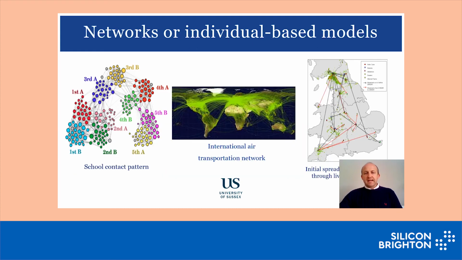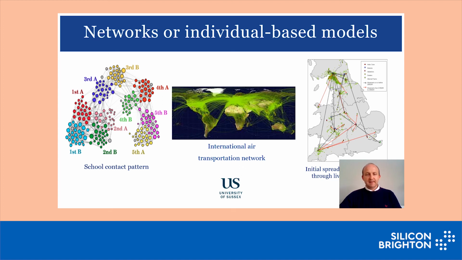Okay, so now I'm getting closer to an area which is very dear to me, and I worked on it a lot. I would say that probably the most sophisticated model that we can think of is what is called an individual-based or a network model, where we attempt to model each individual as a node in the network. So you can imagine that I am a node in a network, and then all my family and friends are represented by different nodes, and then we draw lines between ourselves to say that, for example, myself and my daughter and my wife are connected, and so